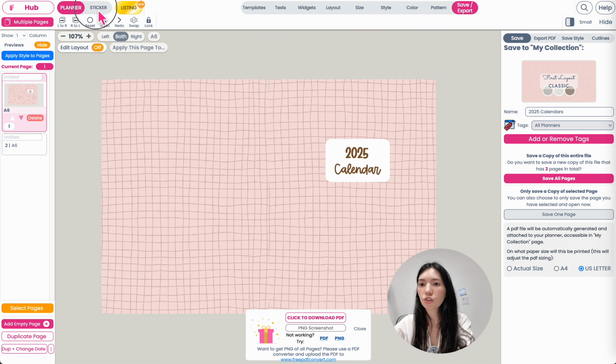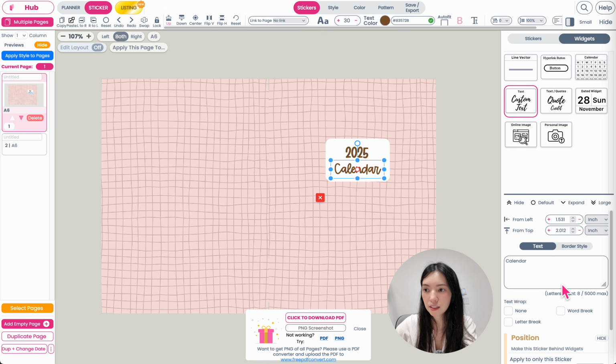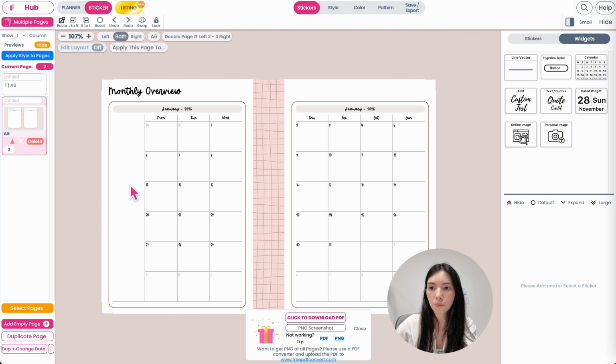For the cover page, we are going to go to sticker mode, so we can click on this text, and calendar, we change it to weekly like this. Then this is the front page. Then next we can go here to monthly overview, and then for this one we can change it to a